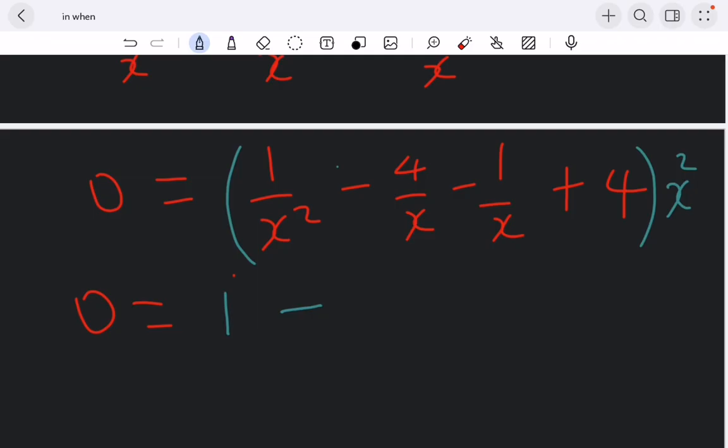This one is minus 4x minus x, which will give us minus 5 over x squared. Sorry, so this one here gives us minus 5 over x squared. Then if you multiply it by x squared, we're going to get